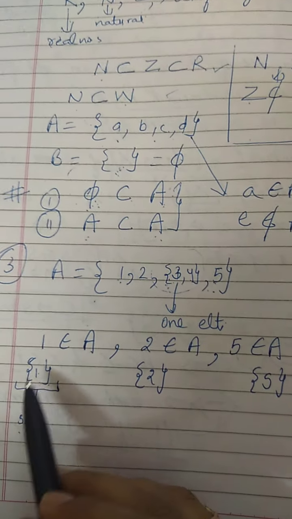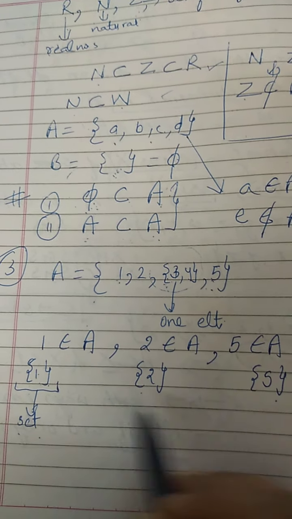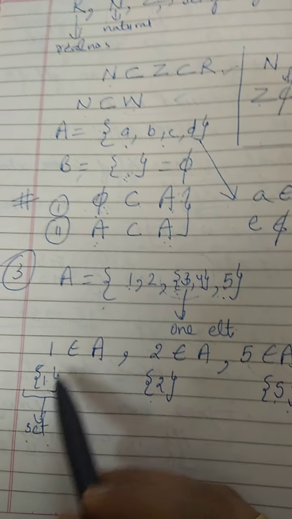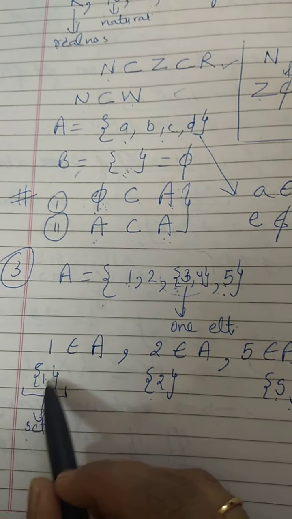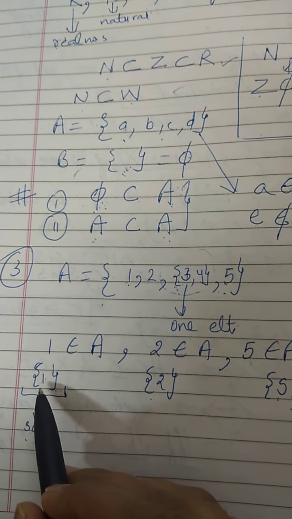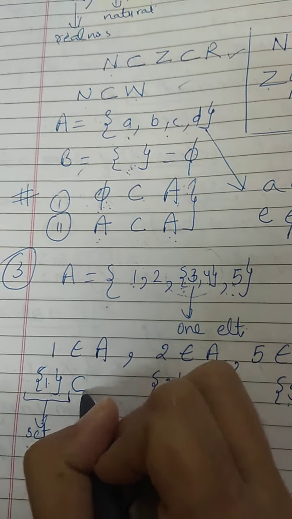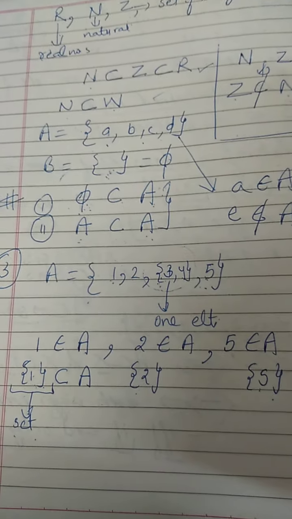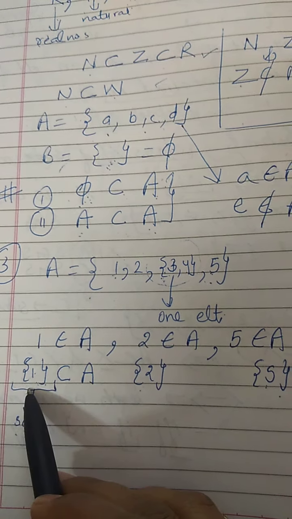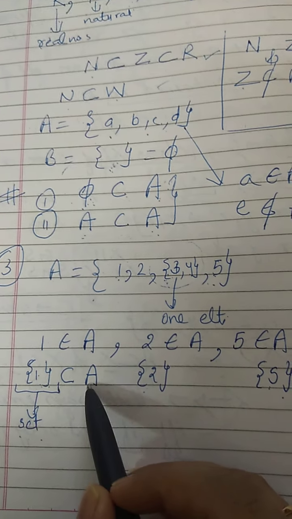Now, if I give these sets other names, let us say capital X, Y and Z, these X, Y, Z are sets, and all of these are singleton sets. What is the relationship between this set and set A? This set has 1 and set A also has the element 1. So every element of this set, no doubt there is only one element, is also an element of A. So I will say this set is a subset of A, right? When I am writing 1, it is an element, it belongs to A. When I write down 1 within curly braces, it has become a set, and the relationship between this set and set A is that it is a subset of A.